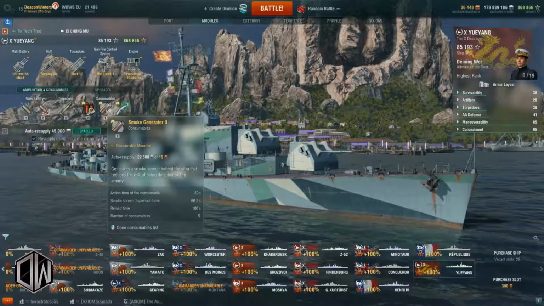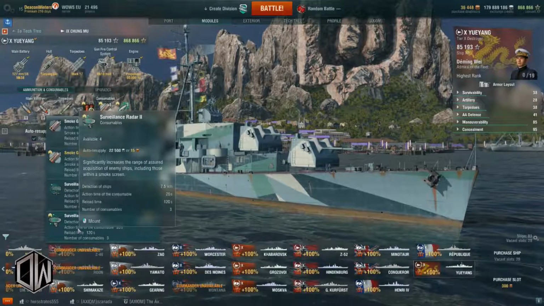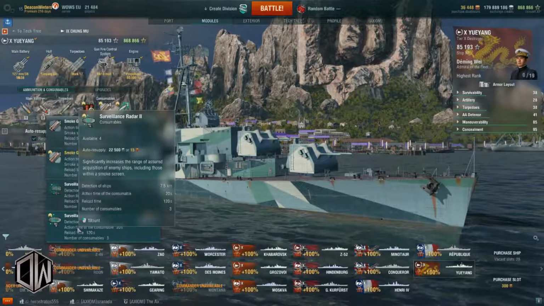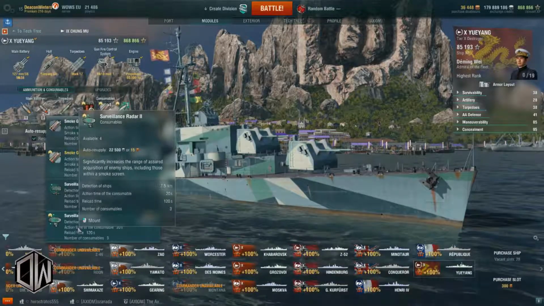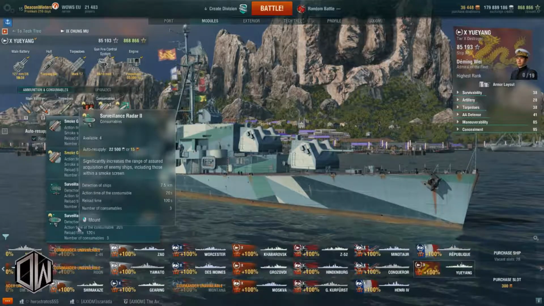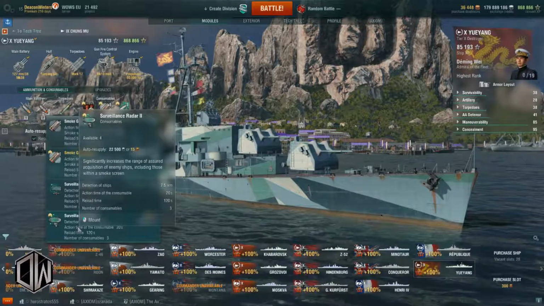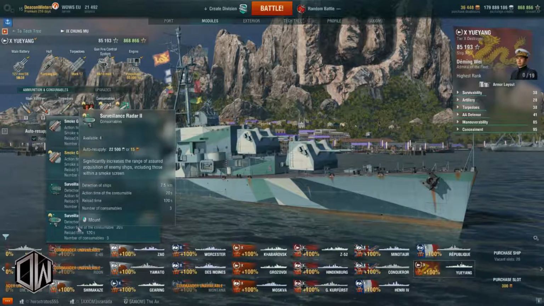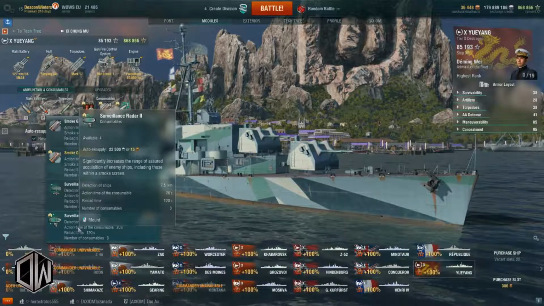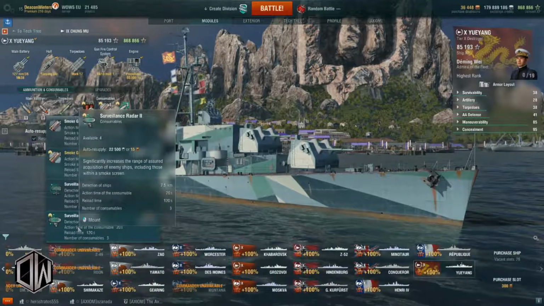I've got smoke generator 2 here. You can though choose to take radar instead. It's a 20-second radar with a 7.5 kilometer range. You can increase that to 24 seconds with the radar module. If you want to be aggressive and push enemy destroyers really hard, then that's the way to go. Yes, you do outspot every other destroyer at tier 10 at the moment, other than the Shimakaze. The Shimakaze will outspot you by 200 meters, but